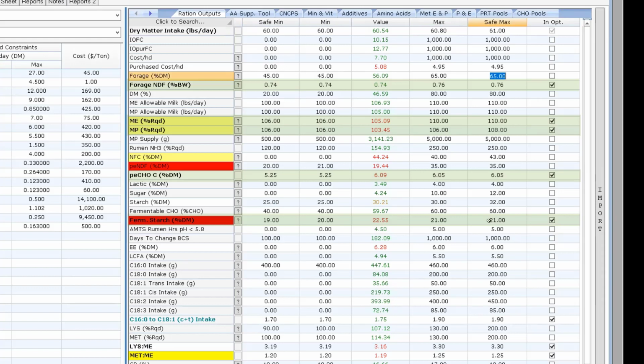I've had enough experiences where that number's gotten up to 22 or 21.5, and we've seen some things either with milk volume or milk fat. I have seen cases where 22 works fine, but the PE-CHOC is upwards of like 6.5%.